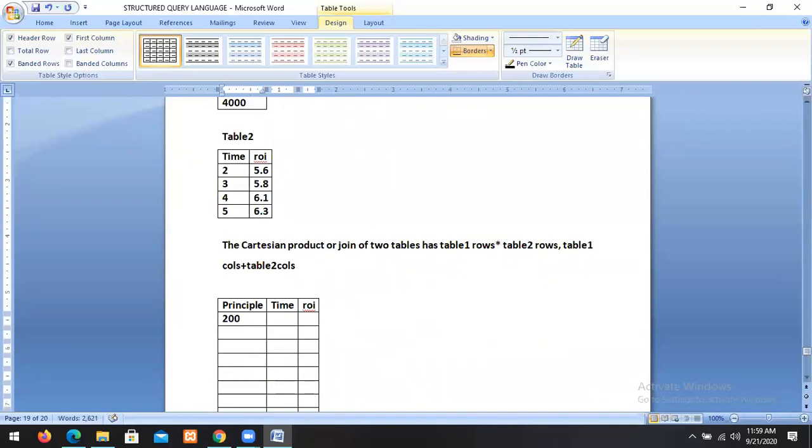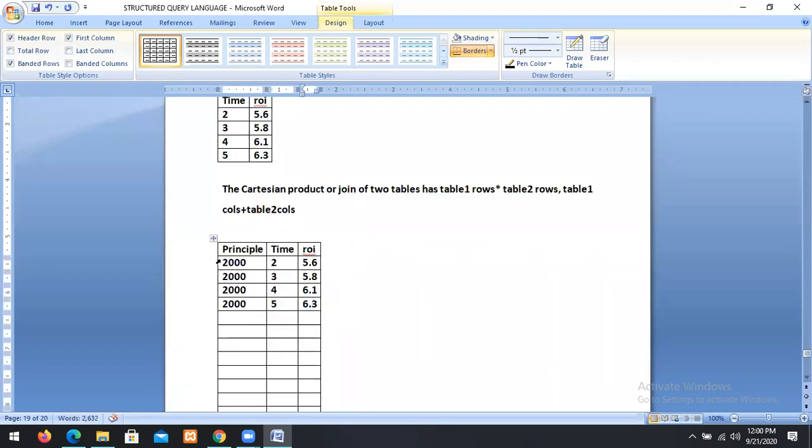Each row of the first table is joined with all the rows of the second table: 2000 with 5.6, 3000 with 5.8, 2000, 4, 6.1, 2000, 5, 6.3.